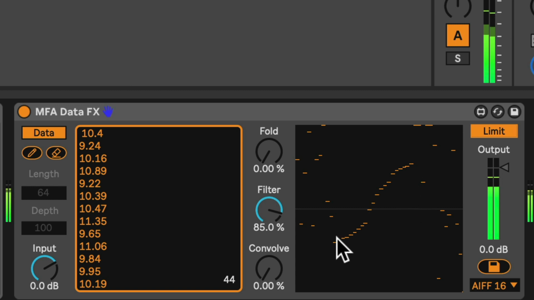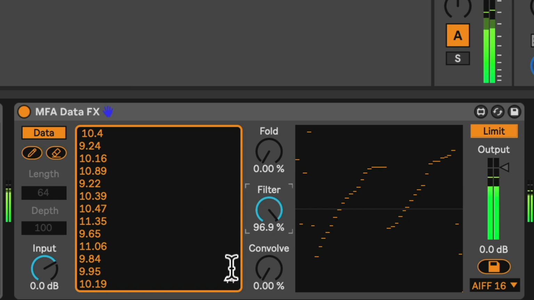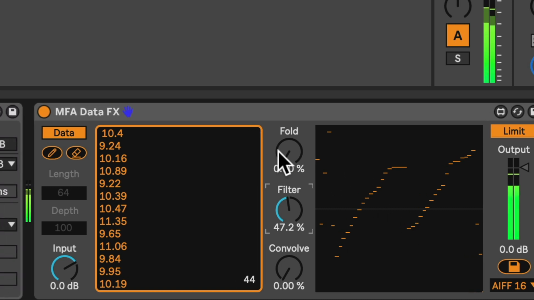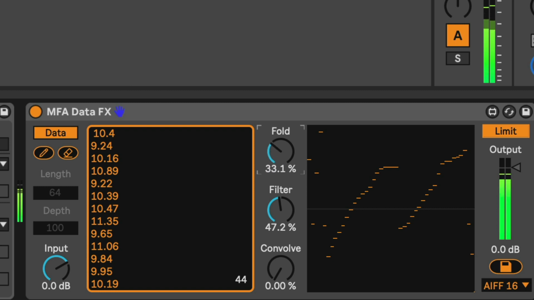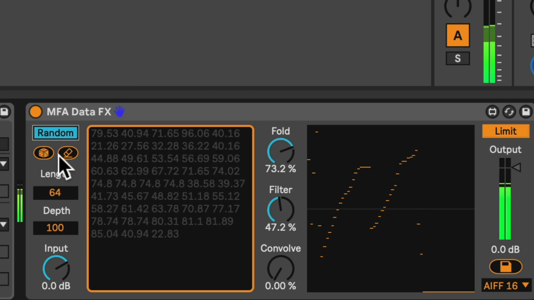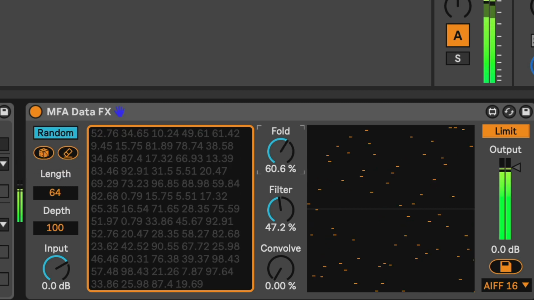And I can manually enter and manipulate this field, which represents the original data, to adjust the filter response. This same set of data also gets applied to wavefolding distortion. So let's go to our random mode. And it gets quite gnarly. This set of data, which we can adjust here,